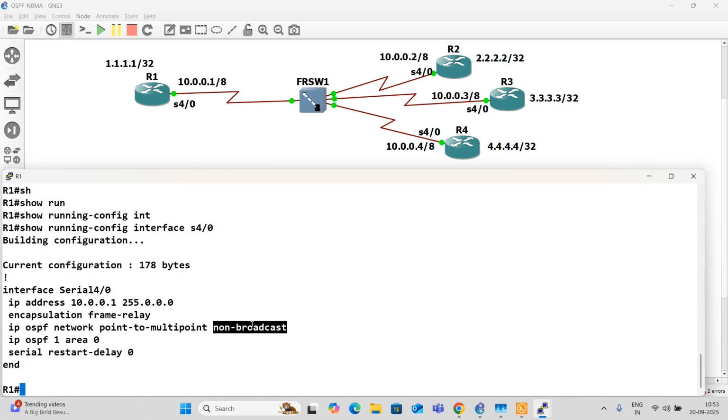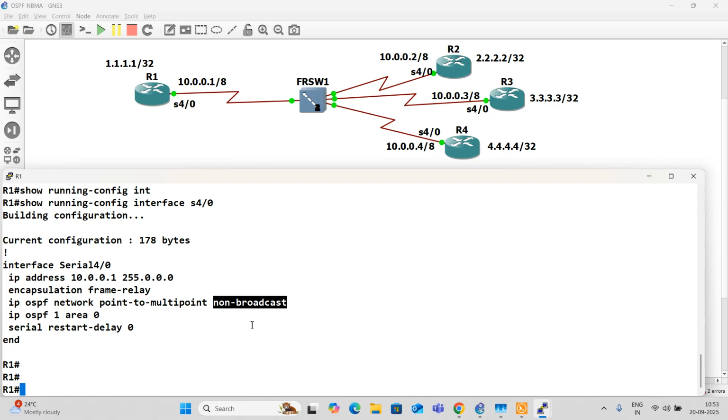If neighbors are dynamically discovered, it is not safe. Yes, sir. Configuring neighbors manually is best. So the best of the first one is neighbors manually configured. The best of the second one, point to multi-point, is no DR-BDR election. So these two together are the third one, point to multi-point non-broadcast, which we have.